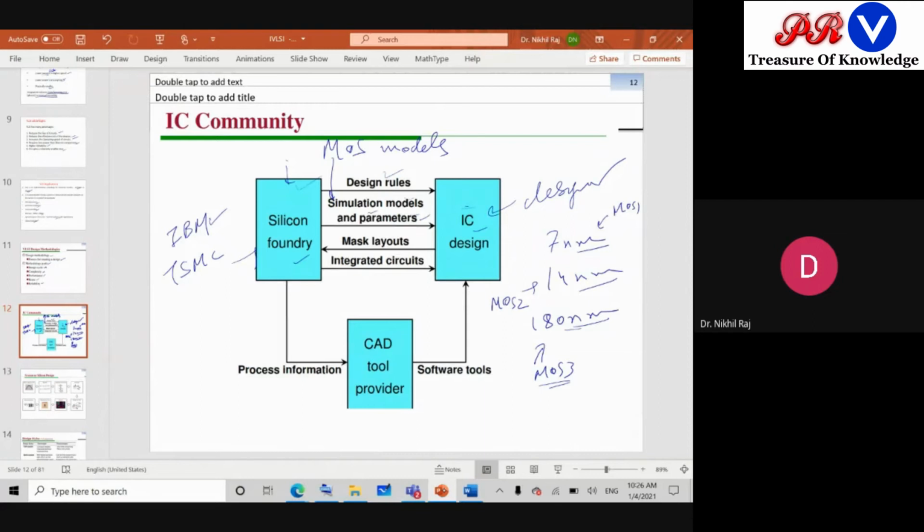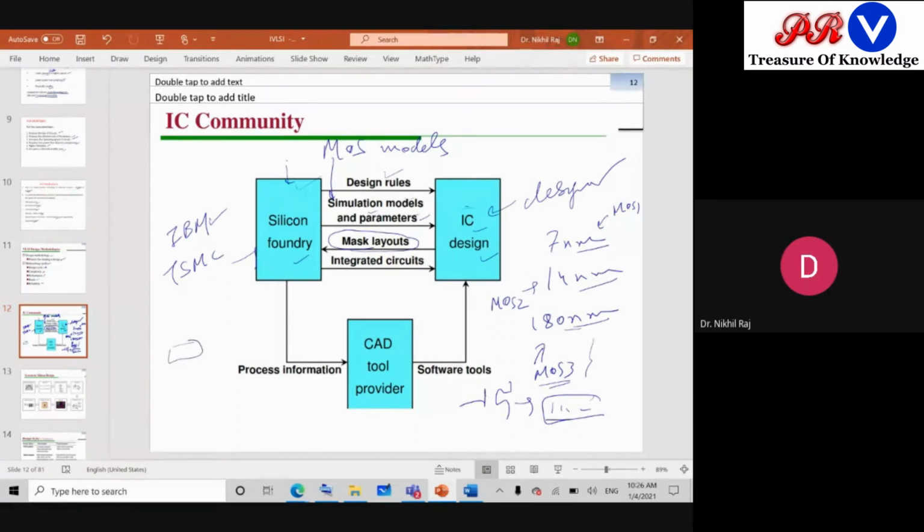And then after that, the IC designers use these models, design the circuit and give the mask layout. Mask layout means it will not be given in a figure like this; rather it will translate the design into binary form, because machines do the fabrication part, so this is sent as a mask layout architecture. Layout is there.